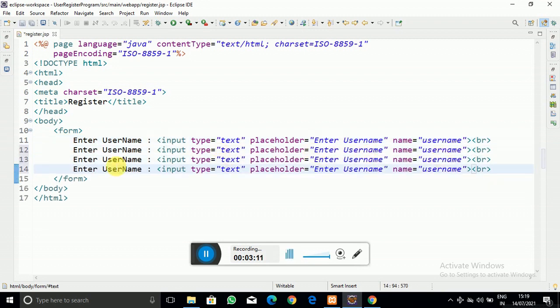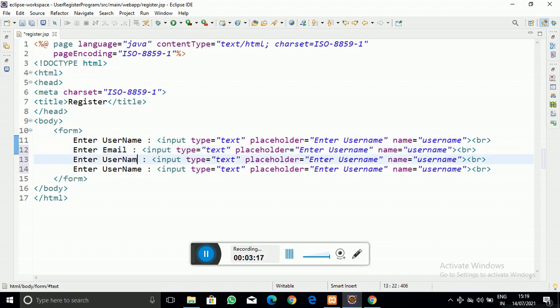Here you have to accept the email, enter email. Here you have to accept the enter password, and here you have to accept confirm password.